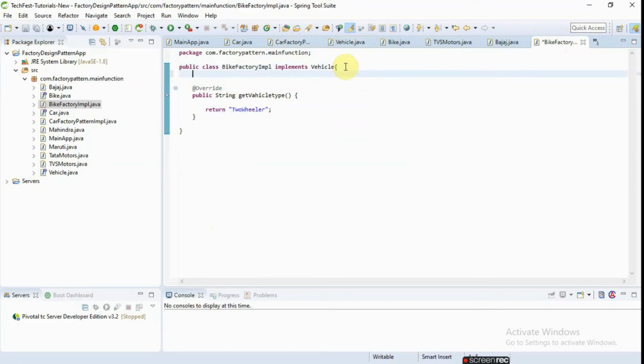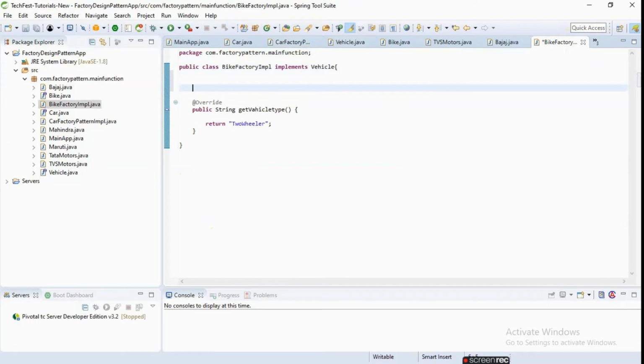And here we need to provide one more method, public, which returns a bike type object, called get bike.